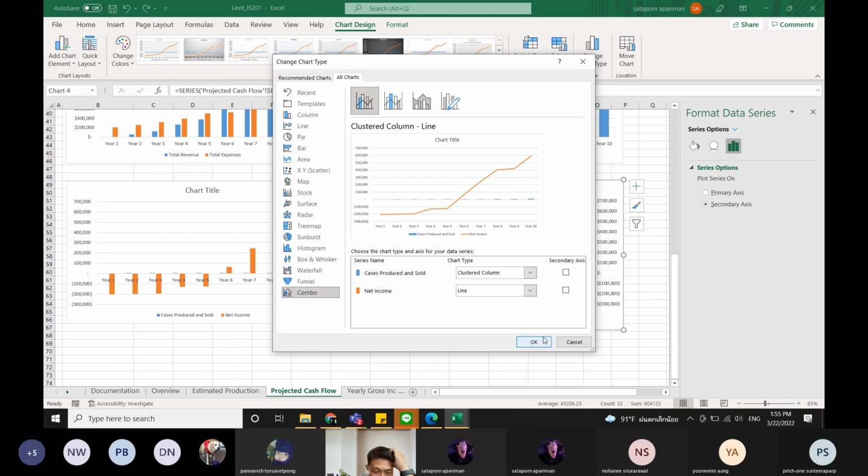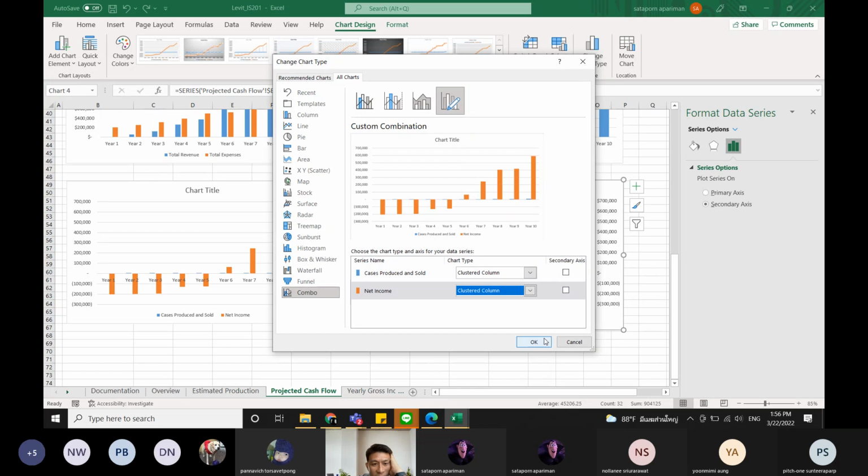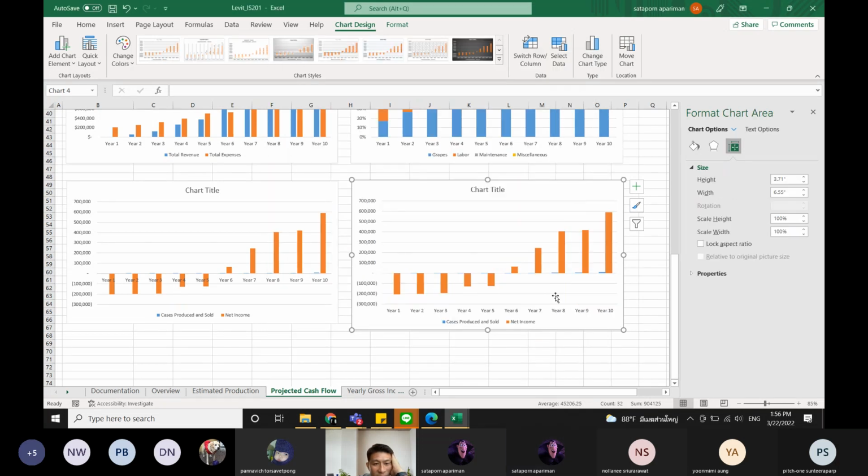Do you see the menu on the side, Net income? There, right here. It changes from line to what? To this one? Yes. Okay, and then the other one also, you have to change that one to